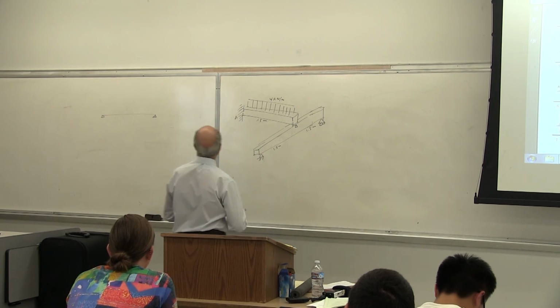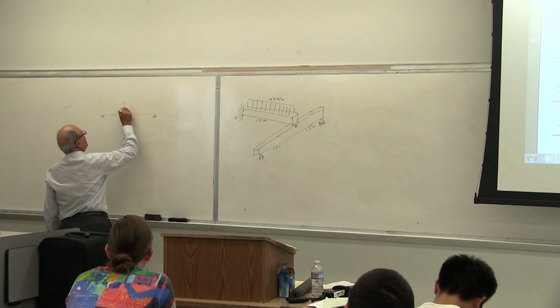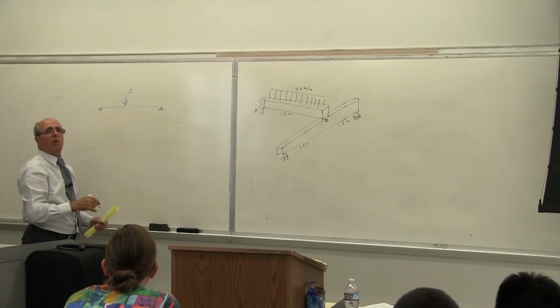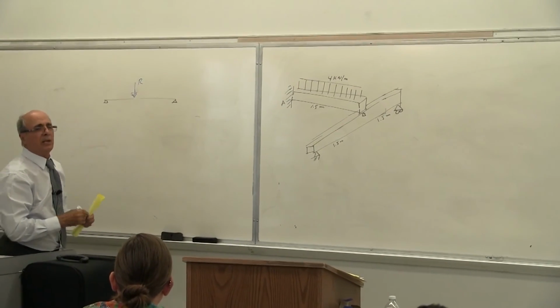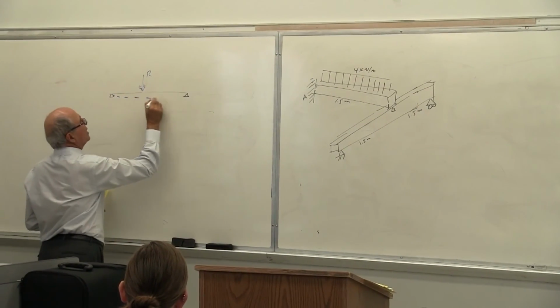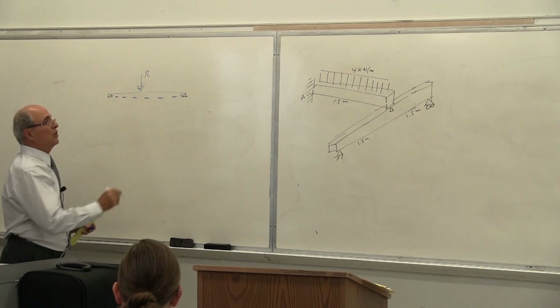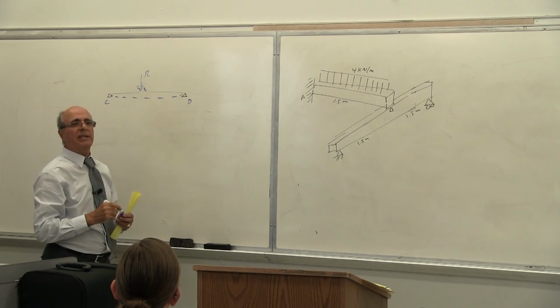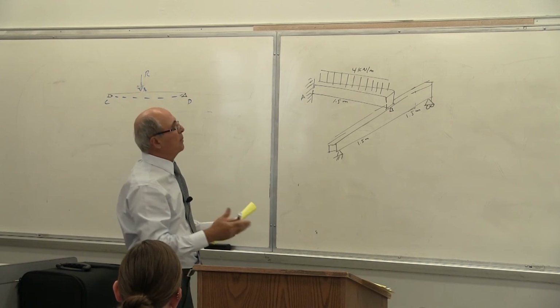Is there an R here? Yes or no? Let's put that R, that's a load. Is that top beam pushes the lower beam down? Yes or no? Is the lower beam going down like that? Is that correct or not? Yes. This is point C. This is point D. This is point B. Correct? Yes.